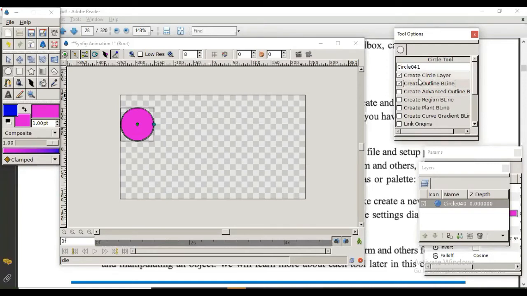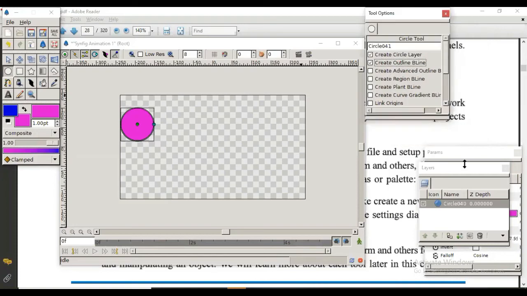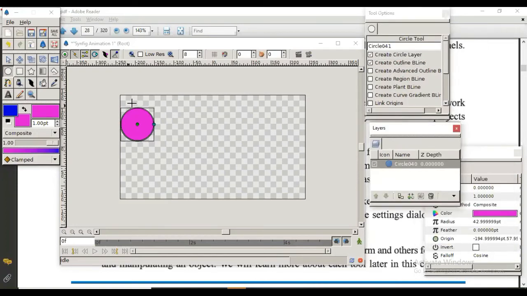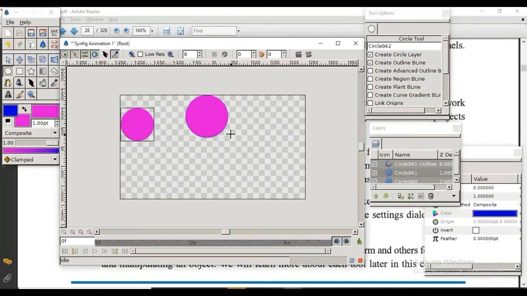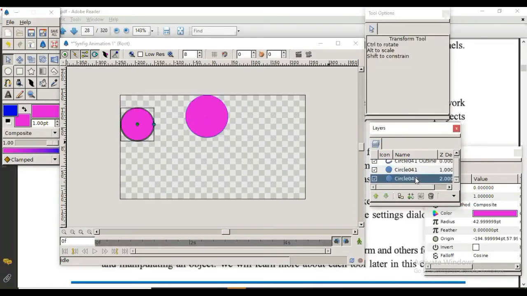So one more thing I want to mention here. See this layers also. When I have selected create circle layer and created one circle, in layers one layer is created here. Now I am creating a new circle and selecting this one outline. Now I have created one new circle, and you can see that this was the earlier one, this circle, and when I click this, it is this one new circle. But here one more layer is created.